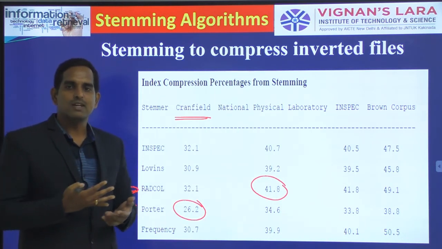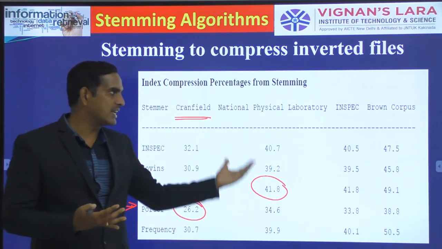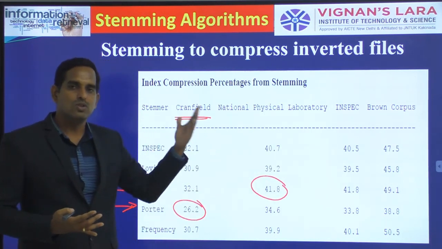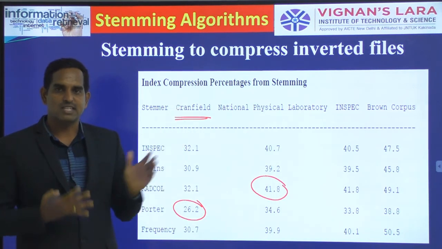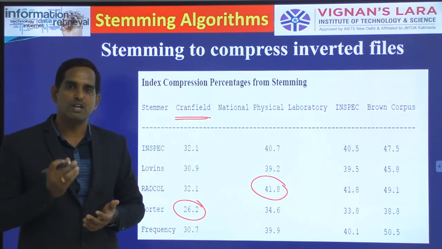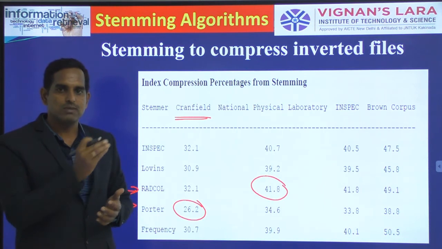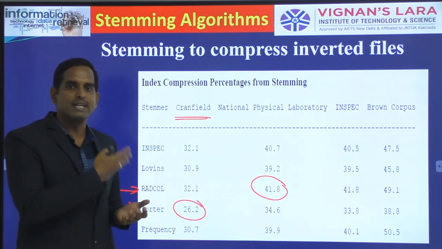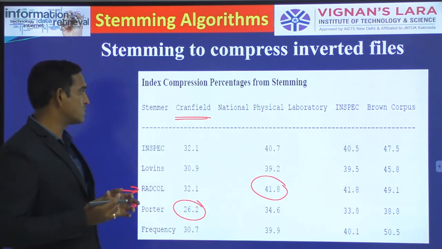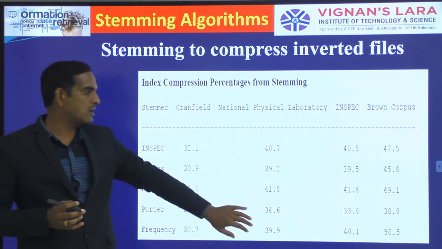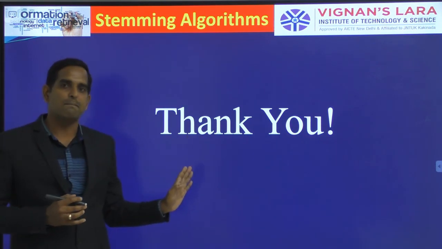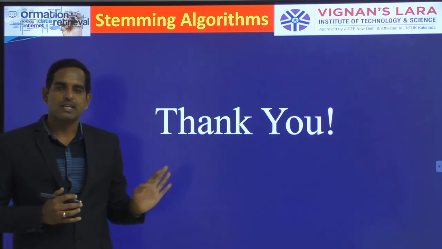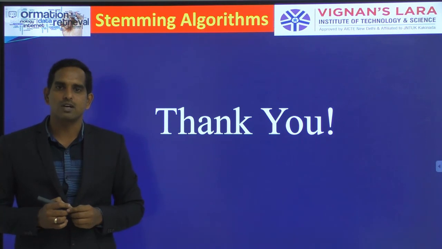So you can see that your index files or inverted indexes can be largely compressed by performing stemming, where instead of storing the individual words, we store the stems. Only those stems will be implemented in the index. So this is about the complete stemming algorithms and how you have been using stemming to improve comparison and retrieval effectiveness. In the next session, we will go for other topics regarding your information retrieval system. Thank you.